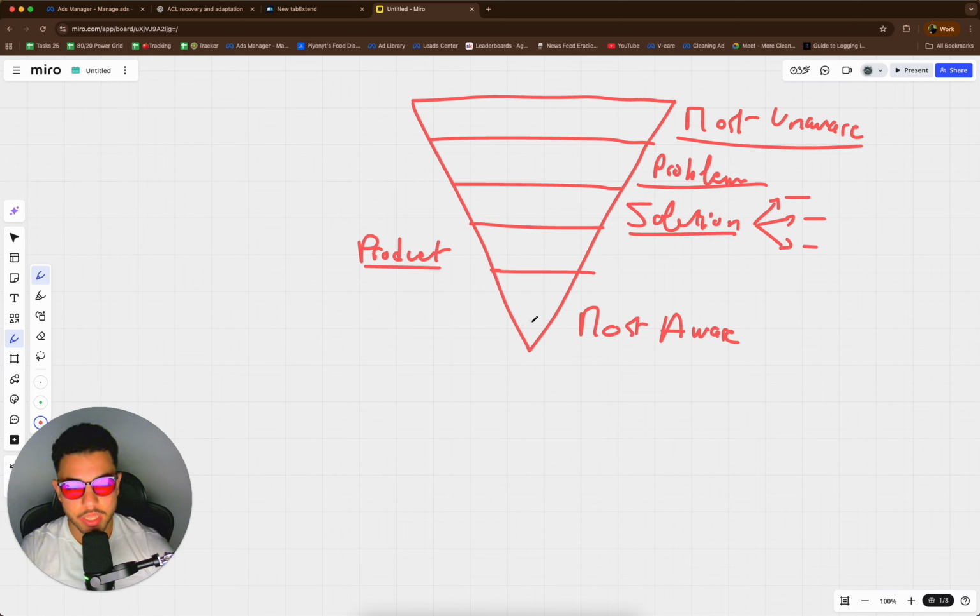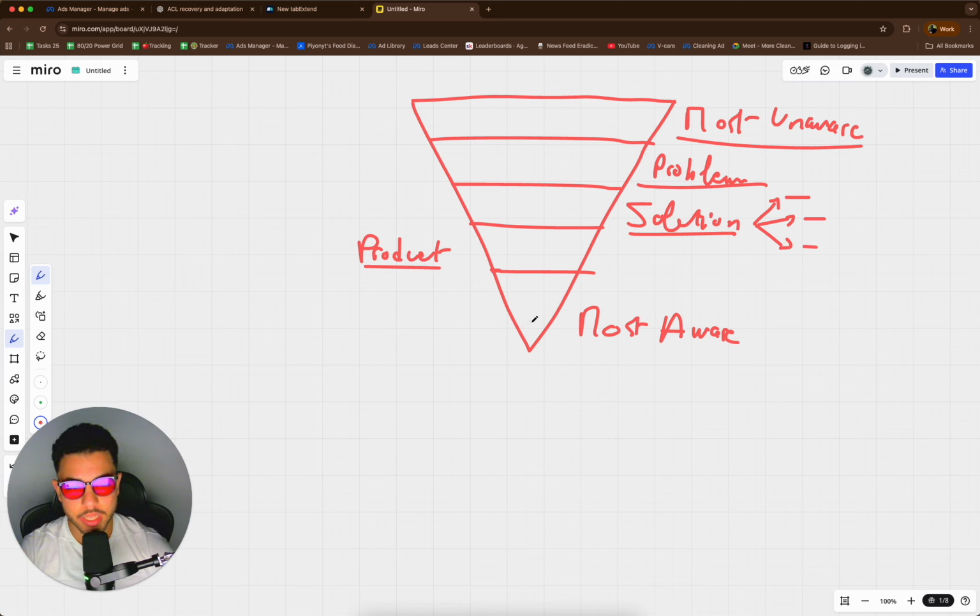So with the Andromeda update, what we want to do is have multiple creatives in each part of the funnel. And the reason for that is what's been happening in the past few years, especially with the advance of AI, is people are now just targeting this part of the funnel. So all you see is just 20% offs, direct guarantees, sign up now, 5 places left, whatever, just really doing a lot of direct response marketing. And that really decreases the quality of the experience on Facebook or on the Meta platforms.